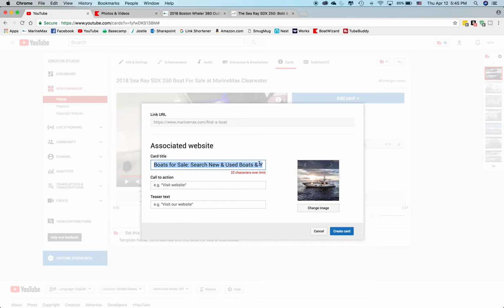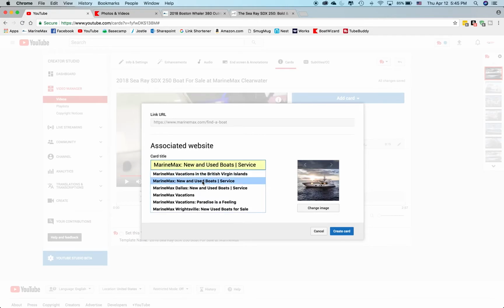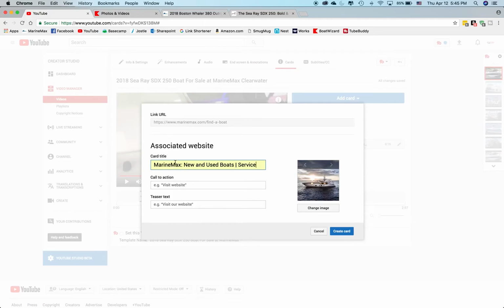But so for the card title, what I would do here is what I kind of have a default for this. I just do this: MarineMax new and used boats in service. So it tells people that we have new and used boats and we have service. And again, I just do click here. And for teaser text, I do click here to learn more, or click here for boat listings. Again, if you want to promote that we're showing you the listings, you can go click here for boat listings. And these little things aren't going to be dropped down for you. It's just because I use this so many times, I have a bunch of different ones. But there you go. So I click create card,